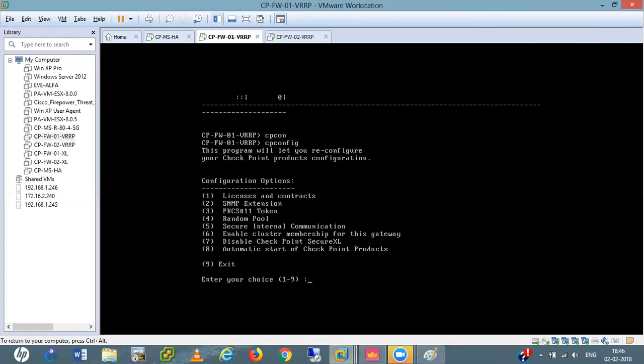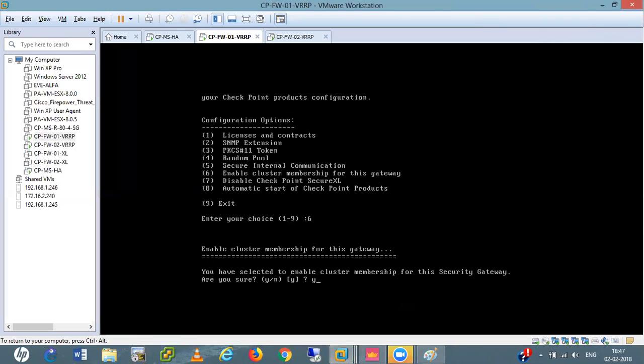Option 6 is enable cluster membership for this gateway. I already enabled it at installation time, but for VRRP cluster it is not enabled by default, so we have to enable it once. So I choose 6.